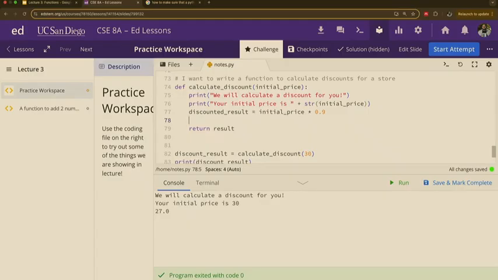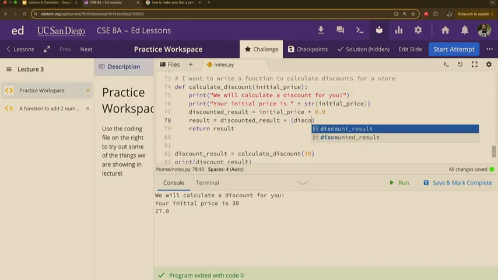So our new result is going to be a discounted result, and we want to add 8% to it, right? So what we can do is add whatever that discounted result was. Oh, sorry, discounted result, right? But we only want 8% of it, 0.08.